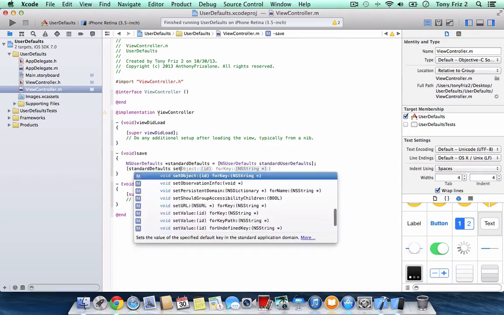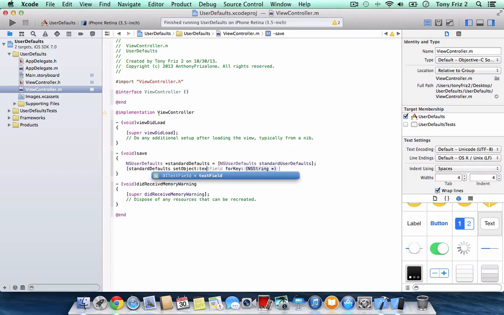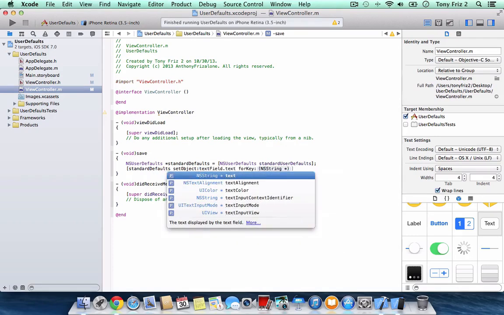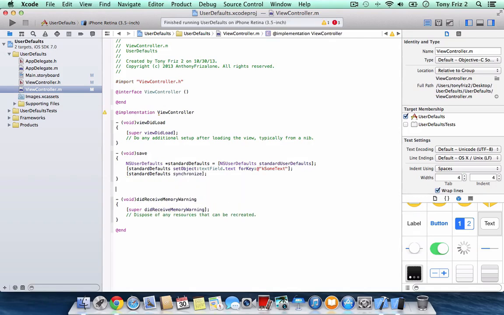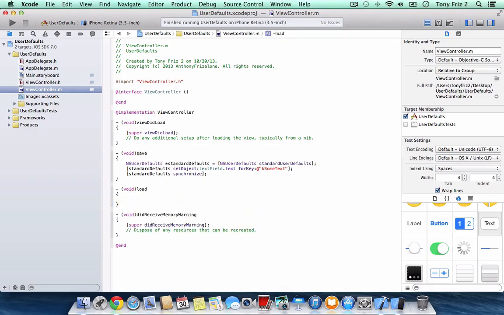To do this, we use the setObject:forKey method. So the object is the text field's text, or the NSString that contains the text in the text field. And then for the key, we'll use some constant kSomeText. Then we have to call the synchronize method. And then to retrieve that text in our load method,